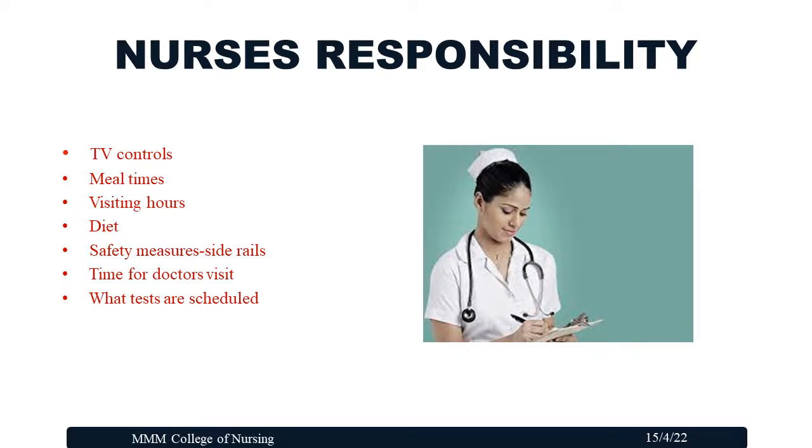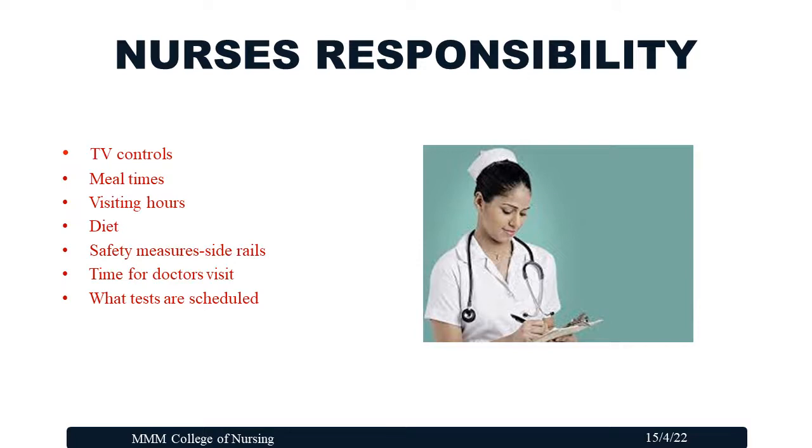Continuation of this orientation, we should explain about meal times, or what time the dietary department provides food for the patient: the time for breakfast, lunch and dinner, and the normal pattern of when the dietitian will come for rounds. Also the visiting hours, how many people are allowed to see the patient, and the protocol for seeing the patients, including an explanation about the visitors pass, and the diet, what type of diet is advisable for the patient, and safety measures